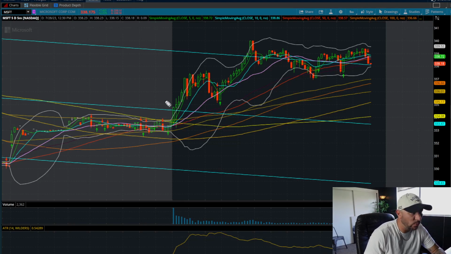Currently, my Apple trade's working out. I'm not even looking at the P&L on that. Boom, my money goes into this candle, and my hard stop loss goes in here. What do I start doing? I start looking at the other big boys I like to trade. The other trade that I took was on Tesla.